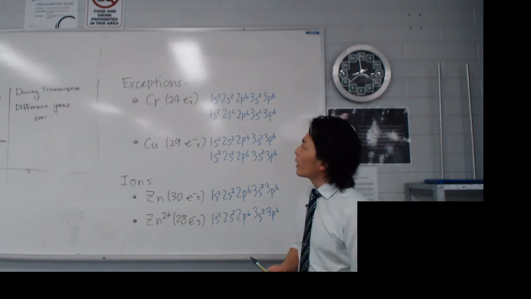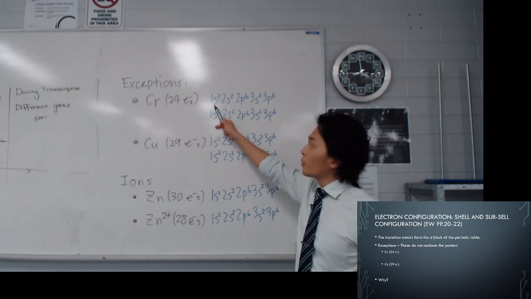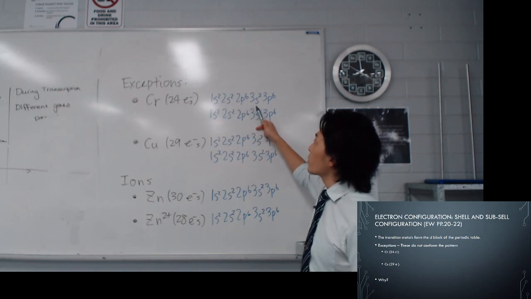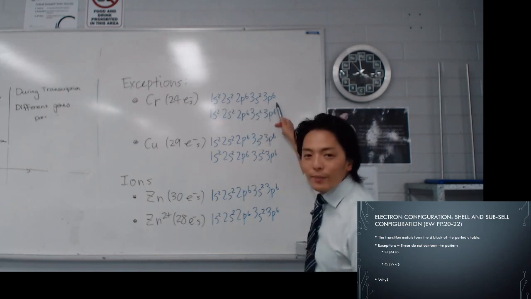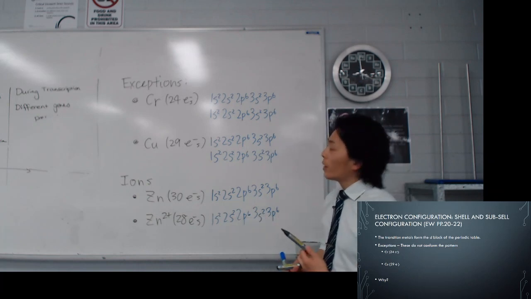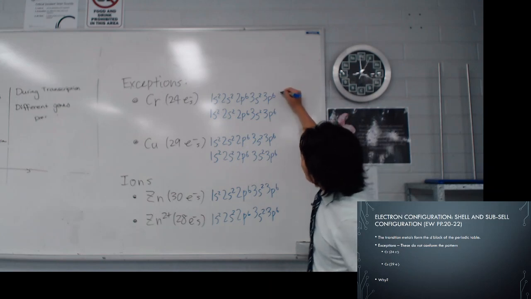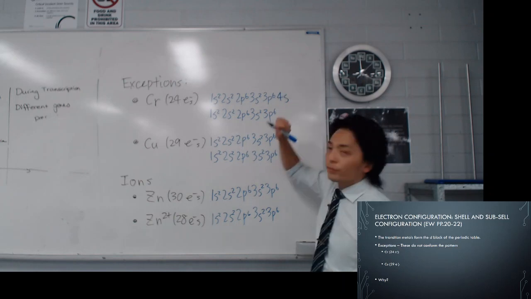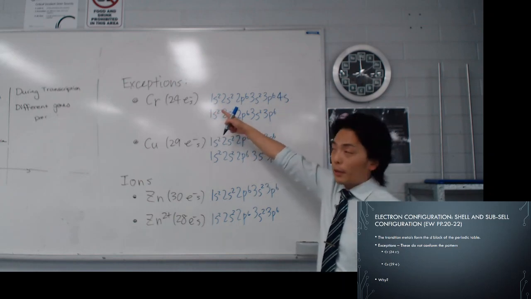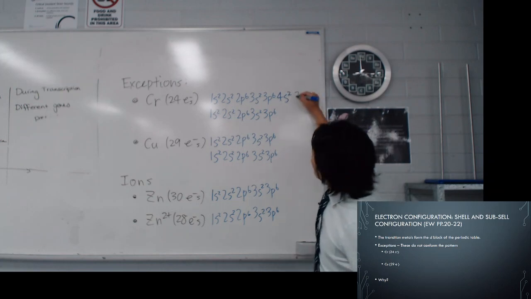I'll show you what I've done so far. For chromium, 24 electrons, I have already completed the first few subshells. So 1s2, 2s2, 2p6, 3s2, 3p6. That's the same for any element around there, so I've just done it already. What follows after 3p6 is 4s. Now, if there are 24 electrons, 4s2 is probably what you're thinking of putting, and the rest, 3d4,